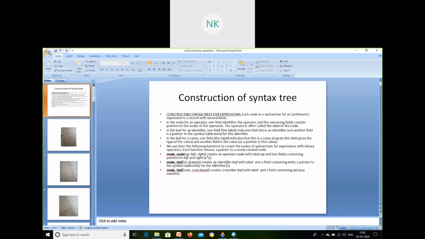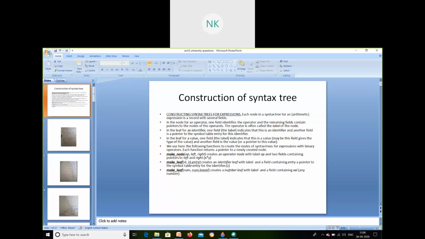This creates an identifier leaf with a label and a field containing entry, a pointer to the symbol table entry of the identifier. It will point to the symbol table, where all the information regarding the identifiers and everything regarding the compiler is saved, and then it will get the information.